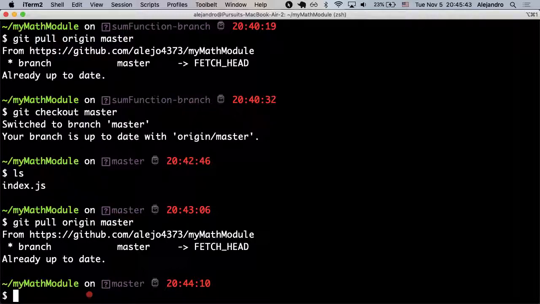So what I would like to do is get whatever master has, just to make sure that my multiply function works with whatever master has. In this case, these functions don't have anything to do with each other, and there is not going to be any conflicts. But what you want to do is pull from master to your local branch before you create the pull request,